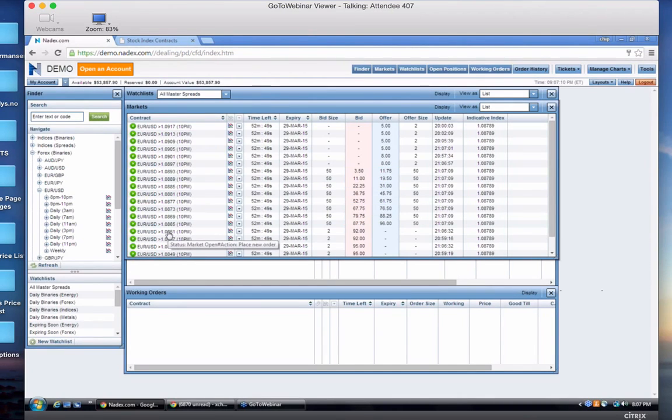So if that number at expiration is greater than the strike, these are the strikes right here, this whole list, high to low, if it's just a decimal point above the strike, the buyer will collect $100 per contract. If it's at the strike or less, the seller collects the payout. Okay, and that's how it's done over and over.